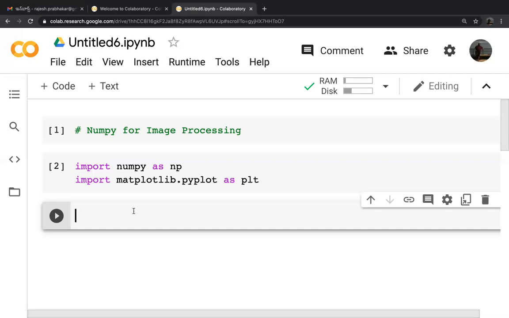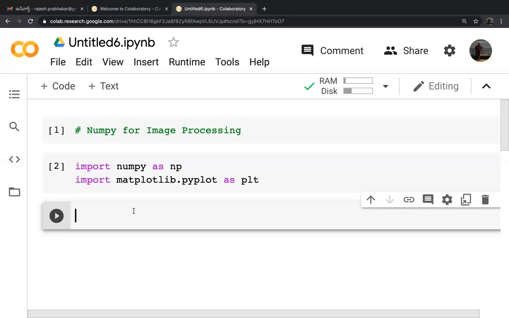There is a function in matplotlib called imshow. Imshow is image show, which takes a two-dimensional NumPy array as an input and converts that two-dimensional NumPy array into an image. That is the connection between these two packages.